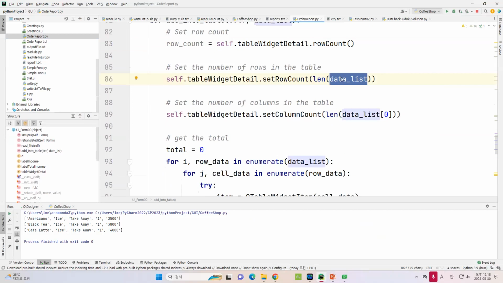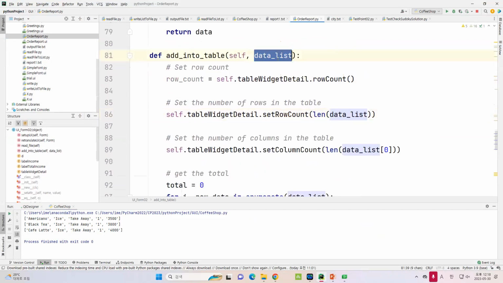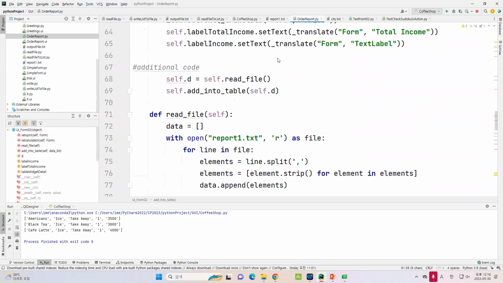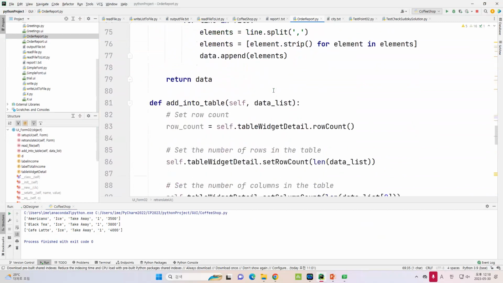So the data list is this data list. It means this is the data that we have from the read file. So after I have this data, I put it into this read file. So this D is the data list. And then